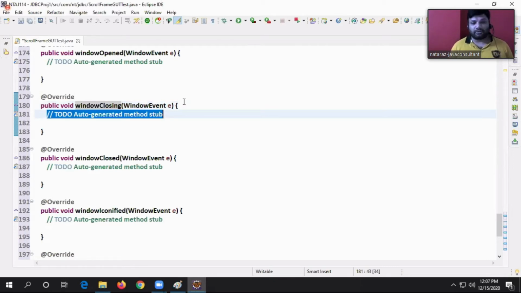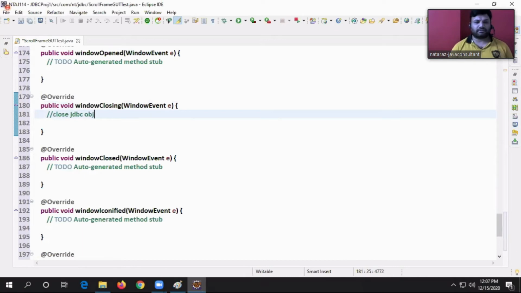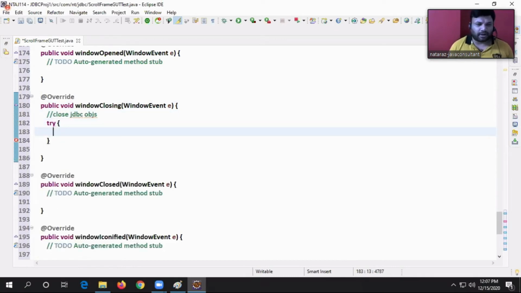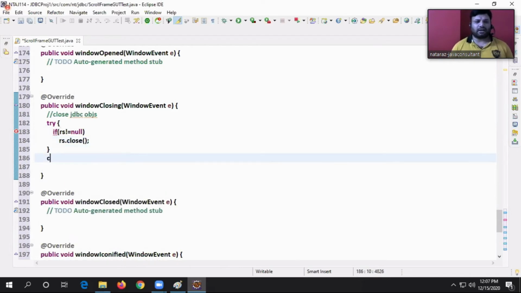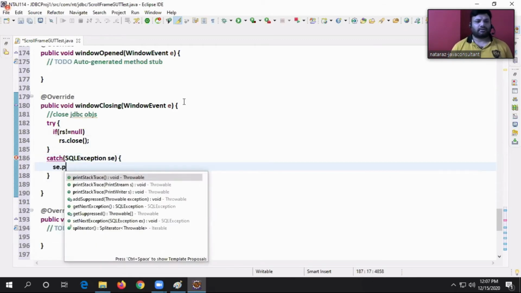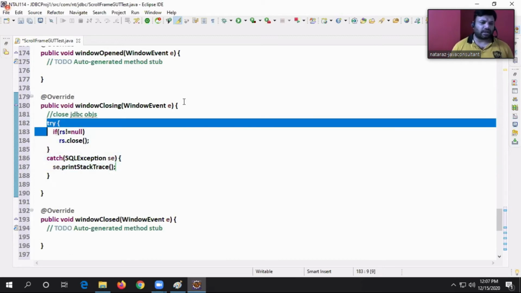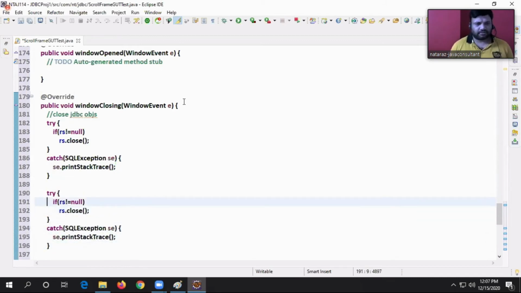Let's see what I'm going to do here. Close JDBC objects. Try: if rs not equal to null, rs dot close. Catch SQL exception, se dot print stack trace. Copy this, paste.